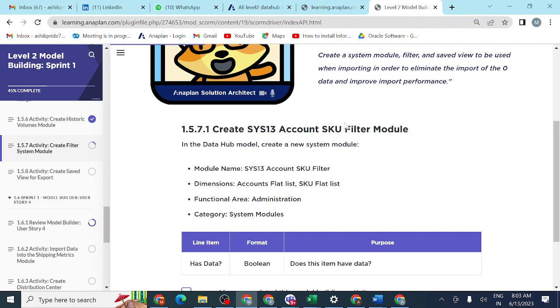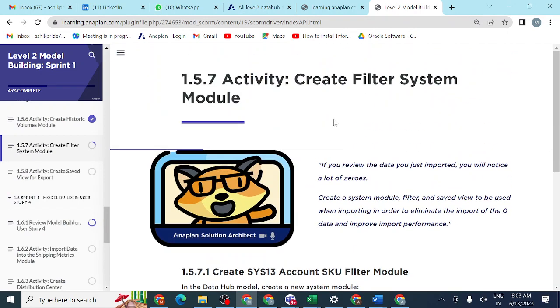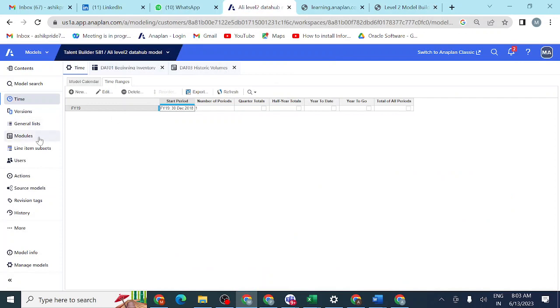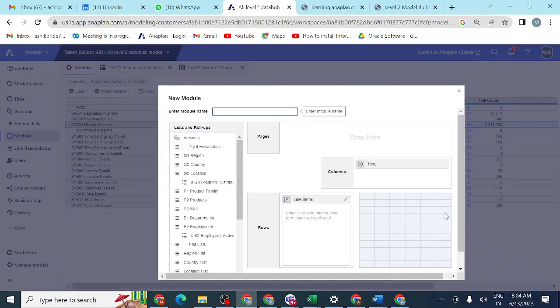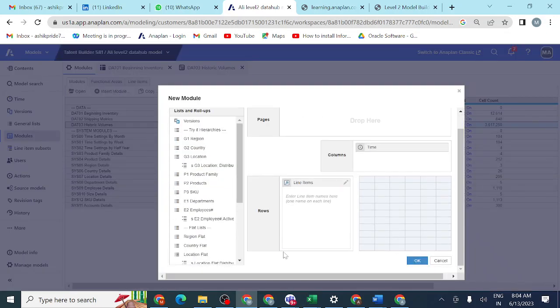Yes, we have already inserted it in this module. You can see this module already uses a time range. While creating this historic module, financial year 2019, you can see where we selected it: while creating this module we inserted it here by drag and drop.